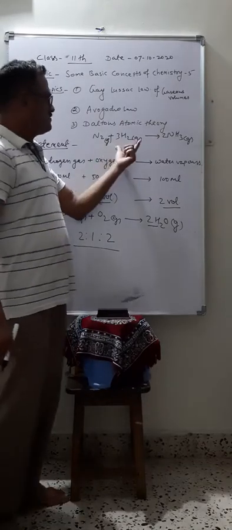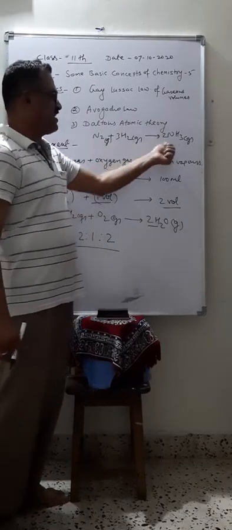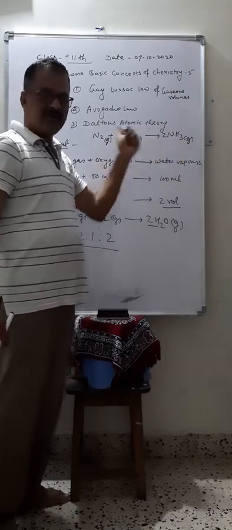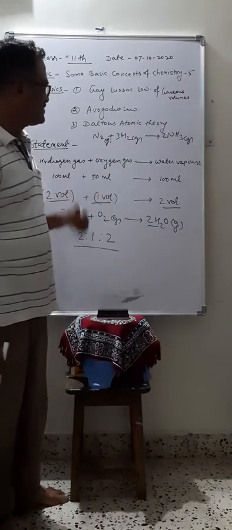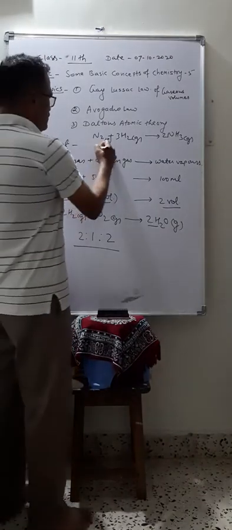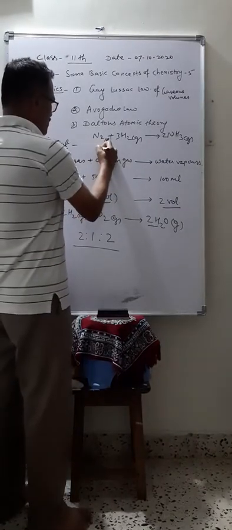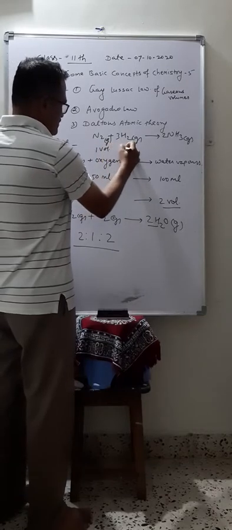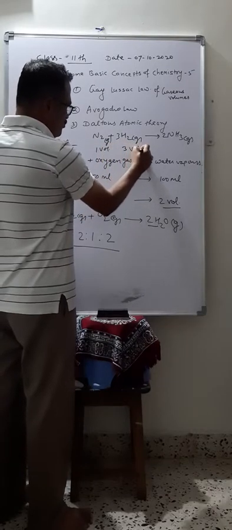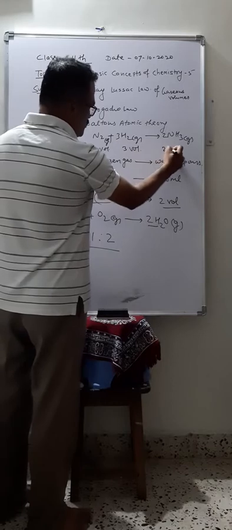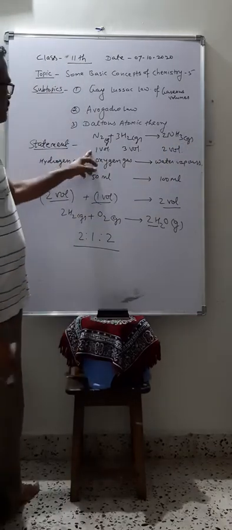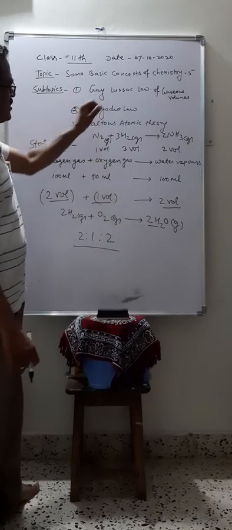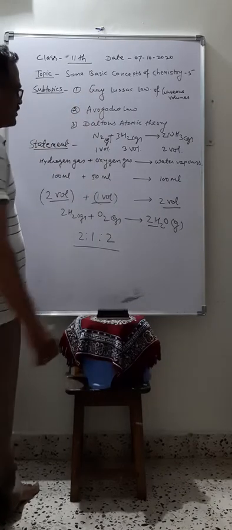When the volumes of these reactants and this product are measured under similar conditions of temperature and pressure, it is seen that 1 volume of nitrogen gas combines with 3 volumes of hydrogen gas to produce 2 volumes of ammonia gas. So according to the statement of Gay-Lussac's law of gaseous volumes, we can say that in this chemical reaction,